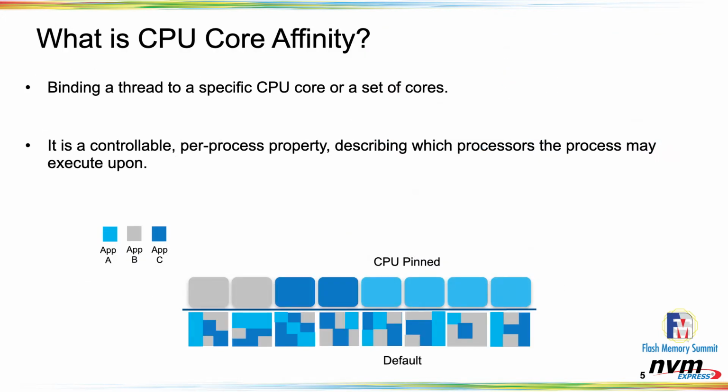So after we've covered the challenges, let's talk about what CPU core affinity is. Affinity is a controllable per-thread property, kind of a mask which defines on which cores threads can run. The operating system scheduler will manage the scheduling only to the cores which are defined according to the thread's affinity. Leftovers of a process that was running on a given processor may remain in the processor state,